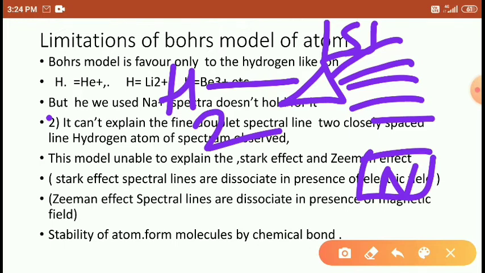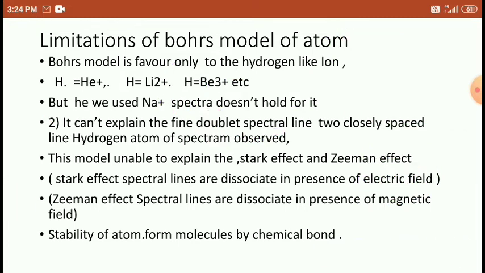He could not explain why the colored lines are deflected in the presence of a magnetic field. Right students? That is what we call the Zeeman